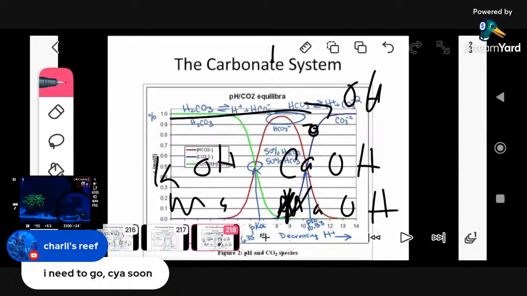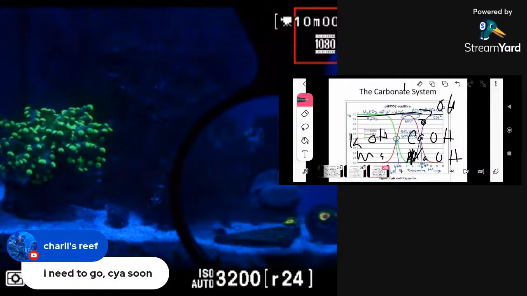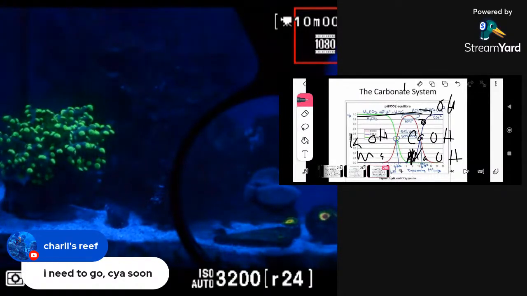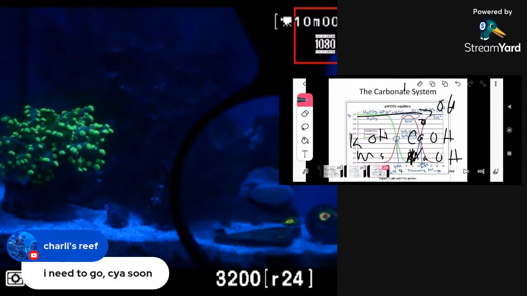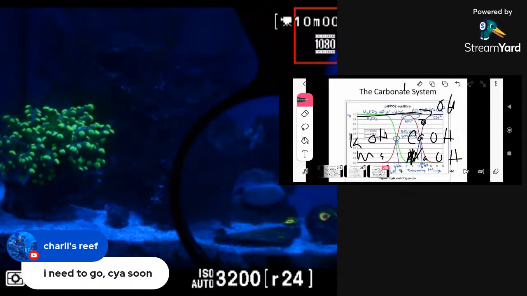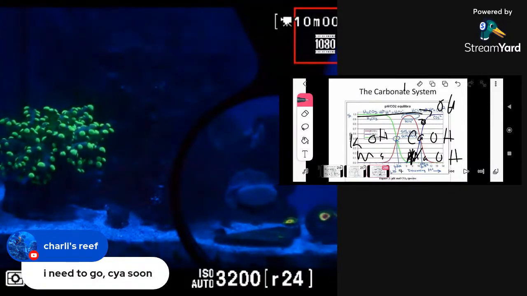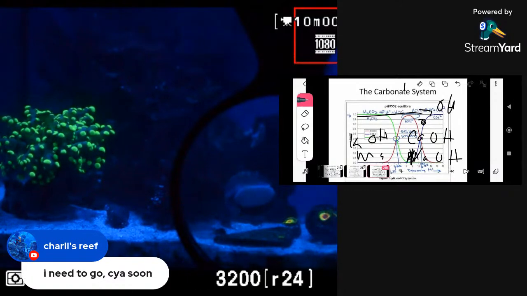But that is the relationship at full detail between carbonate and hydroxide, or alkalinity and pH, in your saltwater reef aquarium. And all this is going on in the water right there. And like I said, I don't know who your chemist is, but if you're in the saltwater hobby, you're basically training to be a chemist. That's all you're really doing. You're training to master the chemistry of your water, of oceanic water, basically.